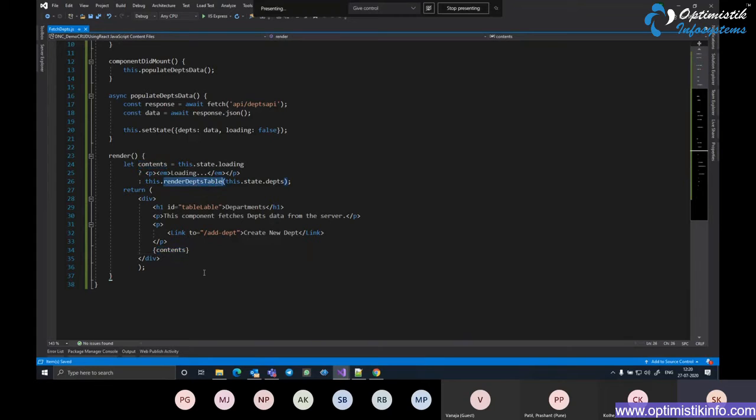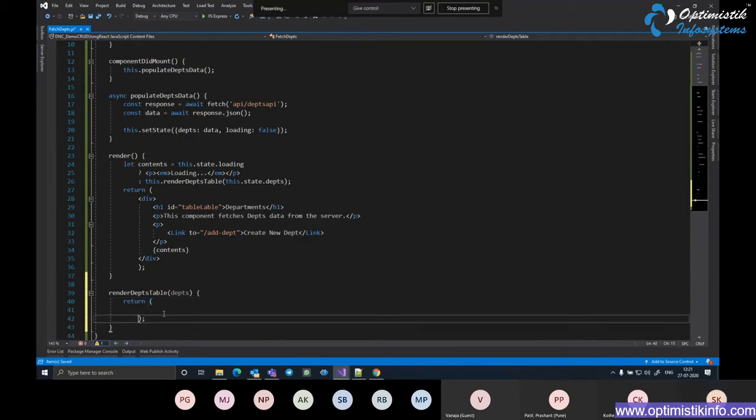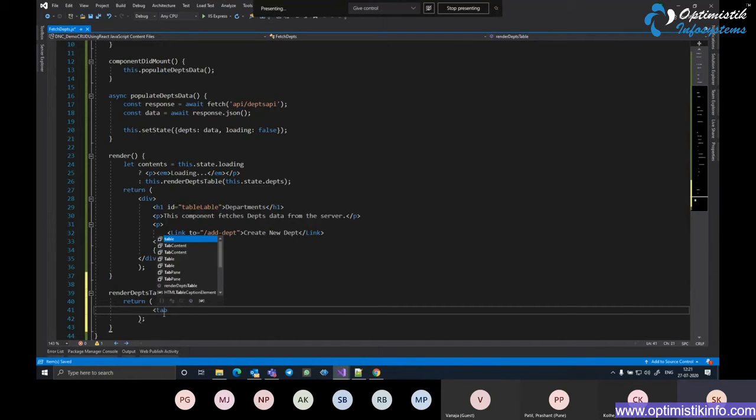So I just copy this name, and just after this render method being finished, I say there is a method renderDepartmentsTable that takes in a parameter named departments. And here goes the body for the same. A little bit of HTML stuff will come in here. Just say return, and all HTML going in here. I say there is table, hash table,